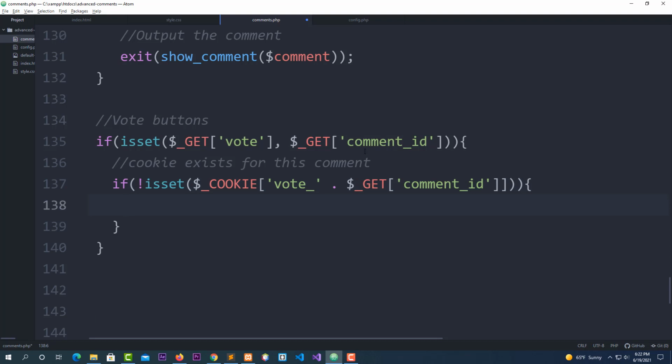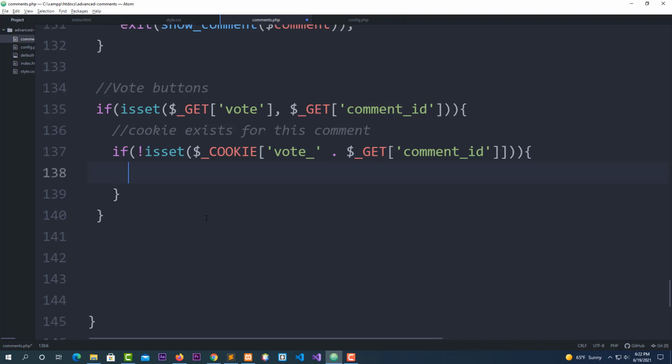Okay, I put here. Okay, as I reach here, what I'm going to say, if cookie does not exist, update the vote column and increment or decrement the value when the user clicks on the vote button. Okay. Now for this I'm going to use my statement. Okay, I'm going to use a statement equal